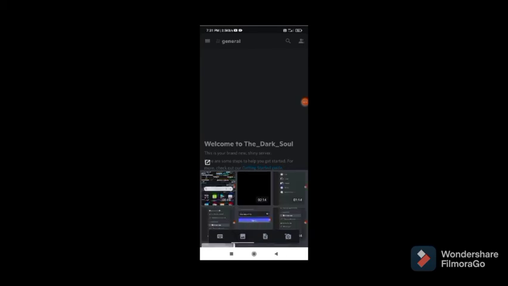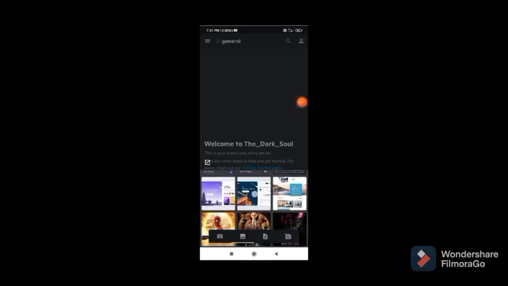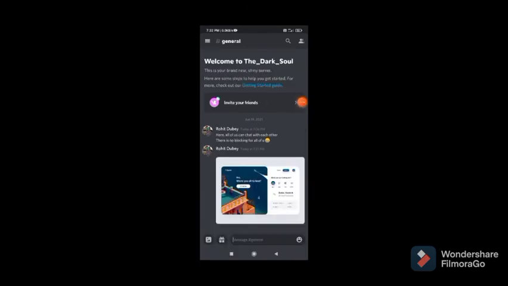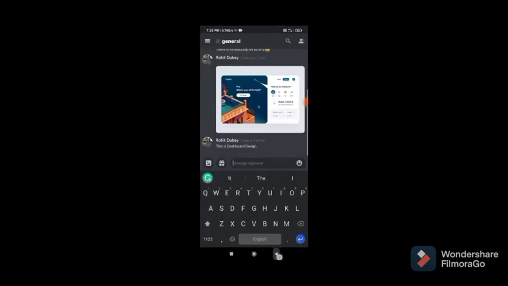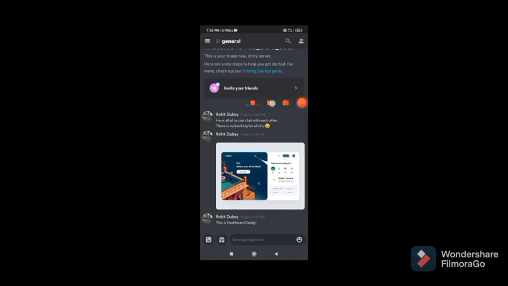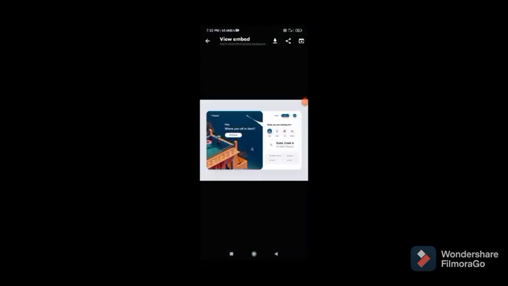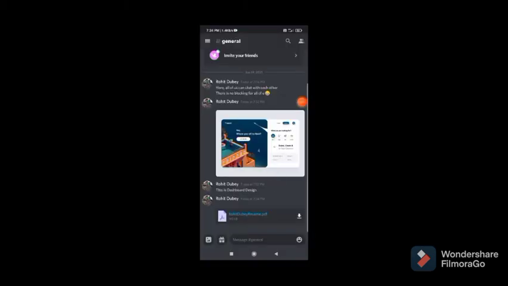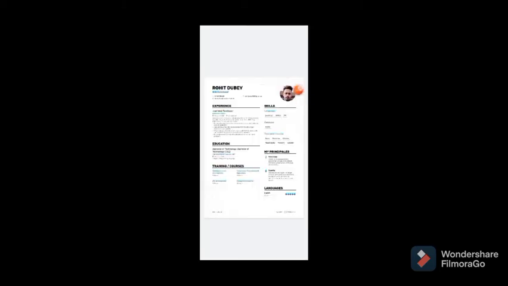You can send files, photos, videos, audios in the server. As you see, this is a photo. You can download it and also share it with your friend. And I send one document in this server, and this is my document.